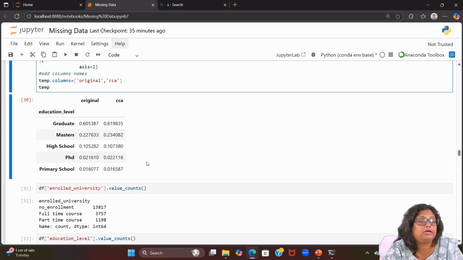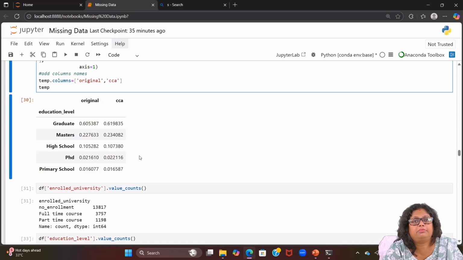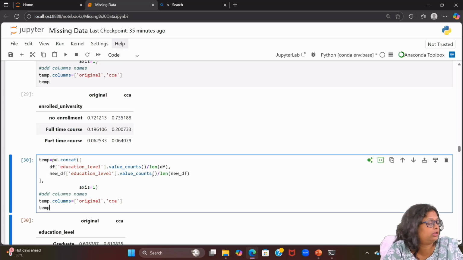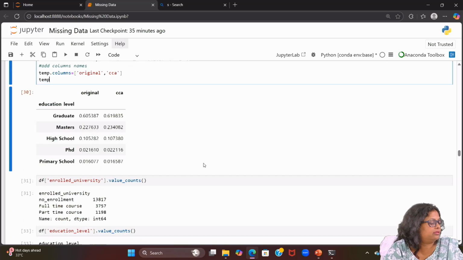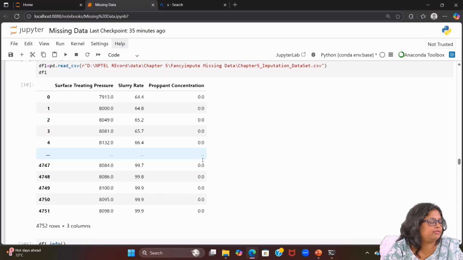After that we require to check whether the column data structure is the same or has been distorted. Using matplotlib, with a histogram or density plot, we are able to make out that the value maintained the distribution. So this is about our complete case analysis.